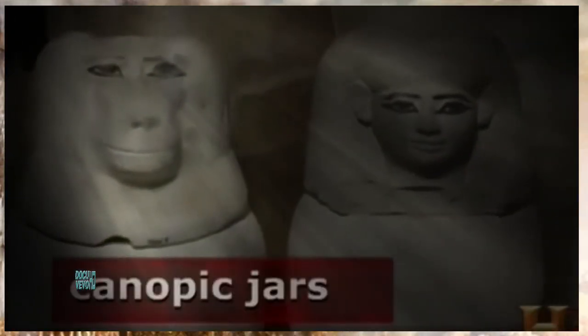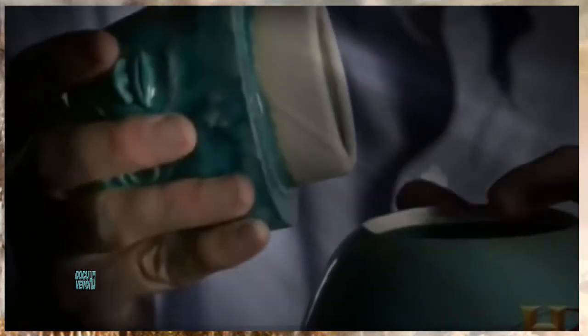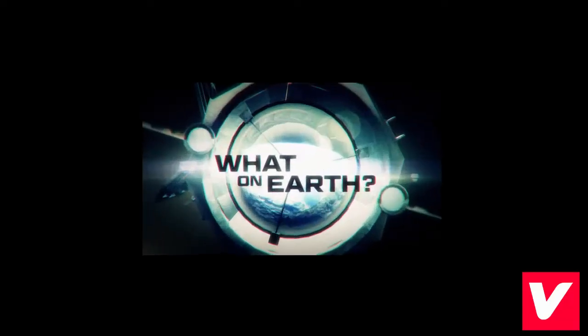Once the organs were removed, the Egyptians stored them and buried them with the mummy in containers called canopic jars. It's really a jar. It's got a lid. It's hollow inside. And the lid is in the shape of a god who protects the...